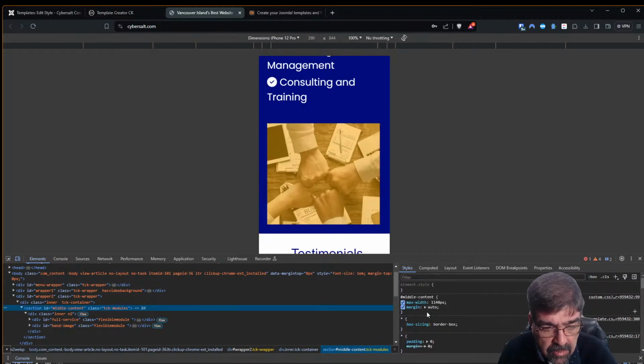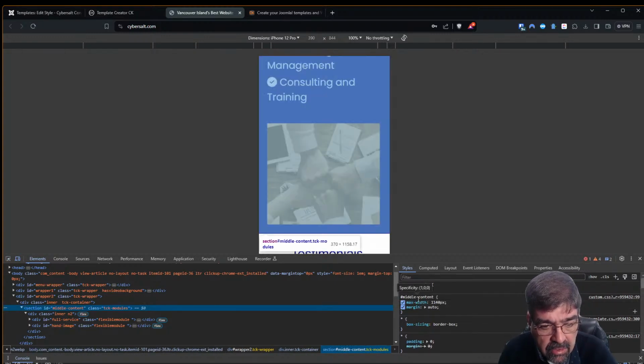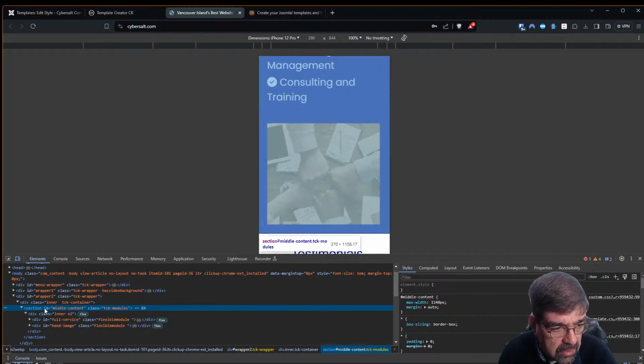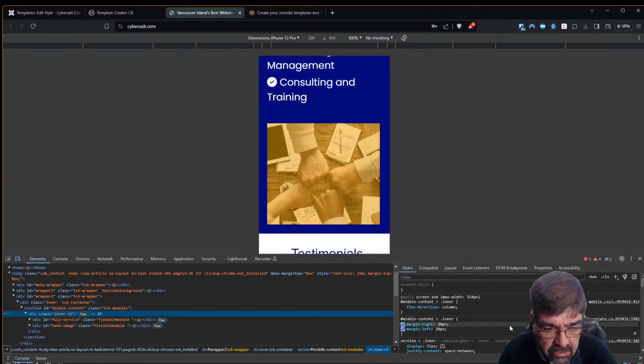I look here, the max width is 100. For the middle it is set to 1140. Yeah, 1140. Margin auto. And let's see. Here we've got div class inner 2, margin right, which is 20, margin left, there,